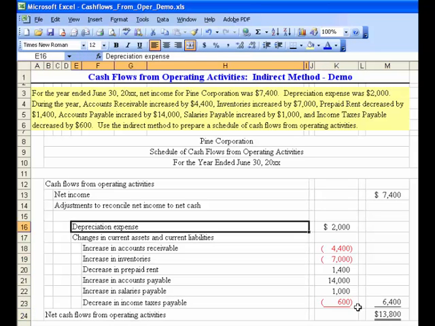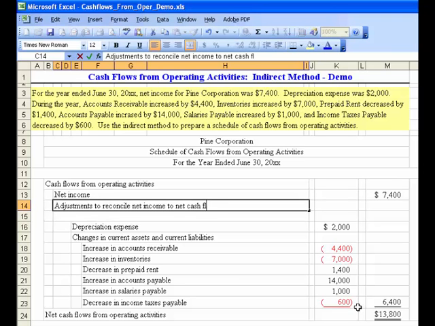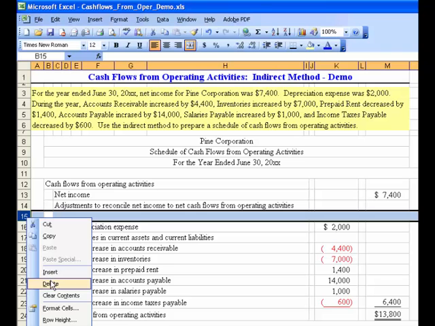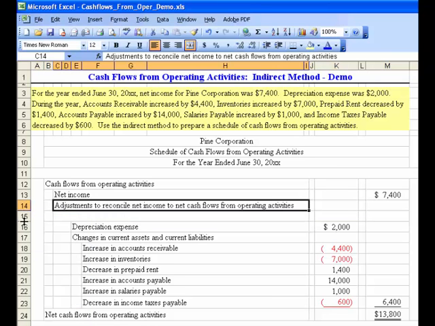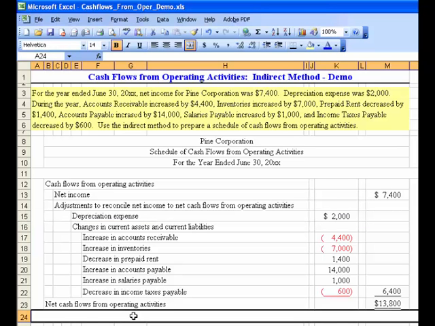Now, just to be on the safe side, we probably should label this in its full manner. And then we wouldn't need this row at all. I can simply delete it. And that's the solution. Okay, so there is a rule that we used here, which is when we're putting together